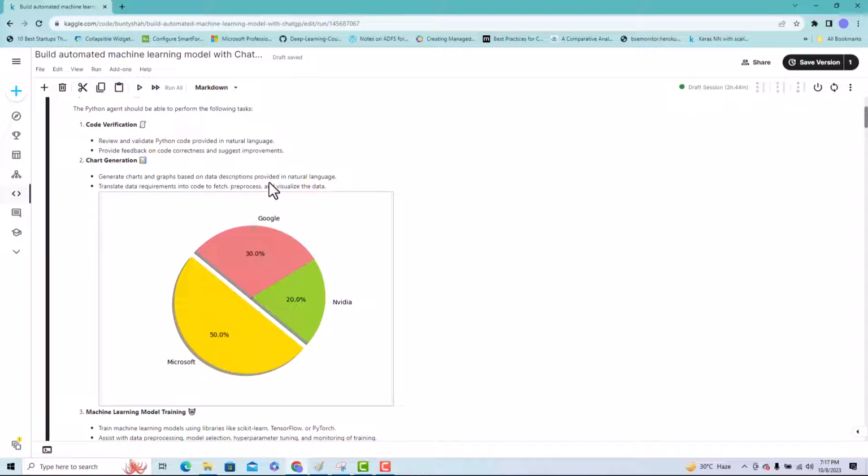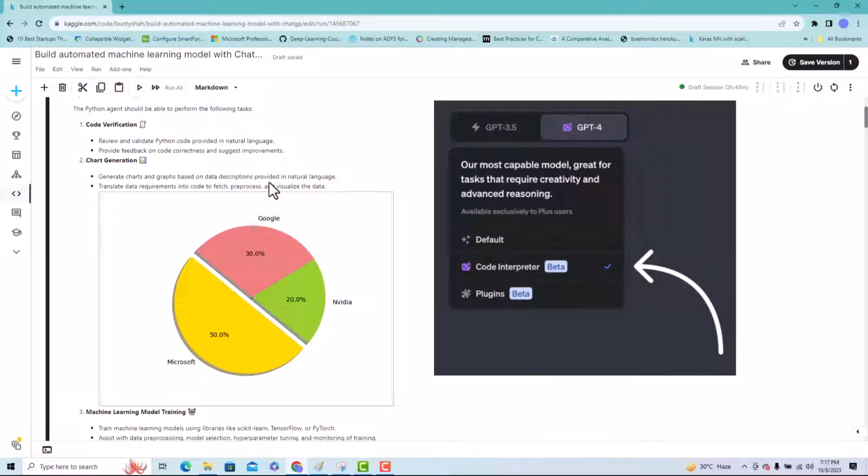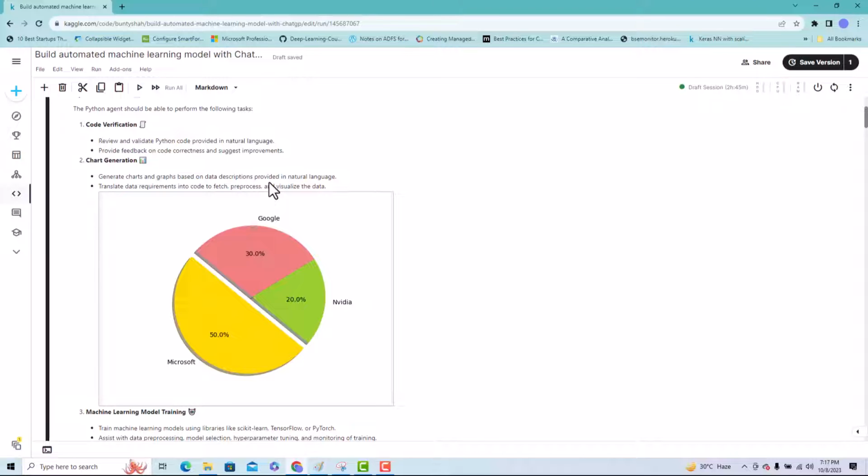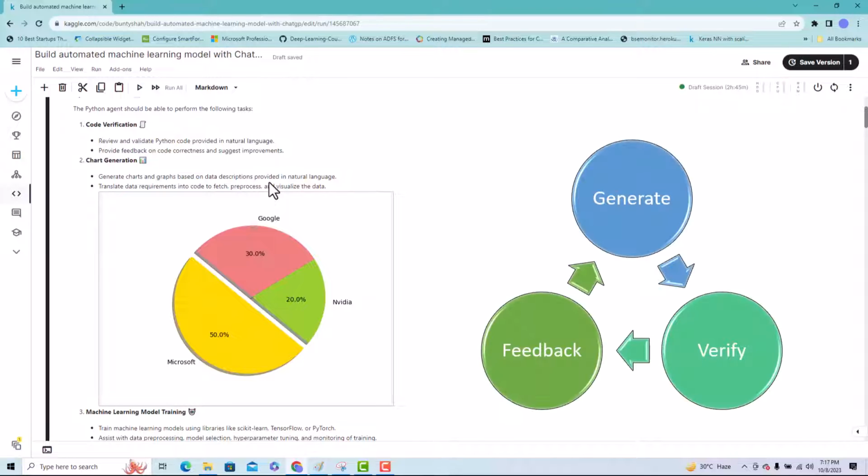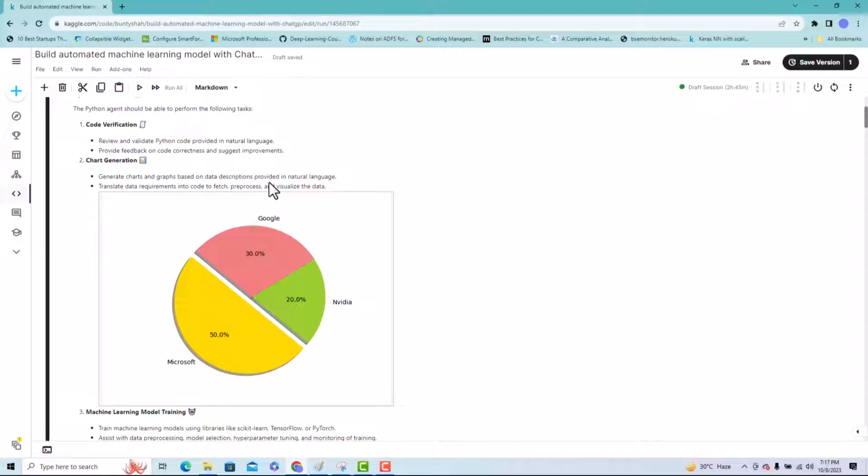Have you ever wondered if you can create your own code interpreter like OpenAI, which can do multiple tasks like code verification, where it generates its own code, verifies the code, and also provides feedback like correctness and improvement? Or simply you write a natural language request and ask the model to generate a chart like this,